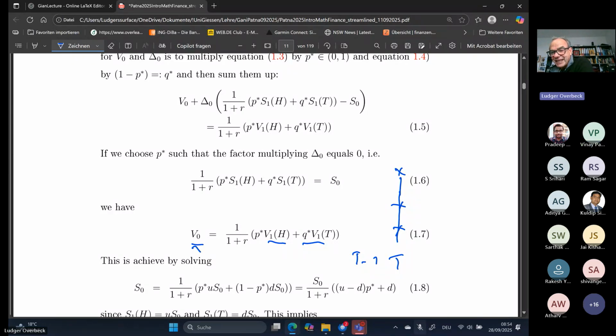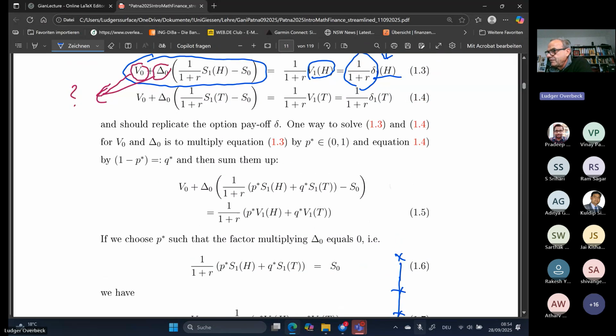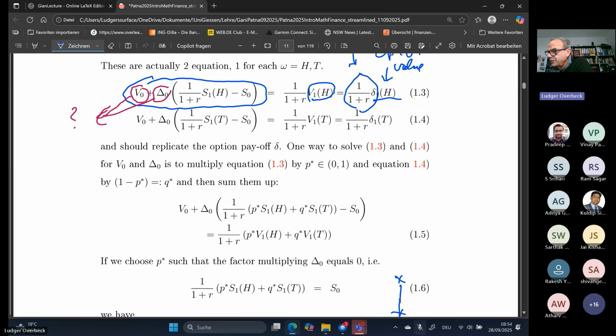Currently it's a kind of... I mean, we have seen it before in the example I showed you. Now we do it abstractly. We assume P star is an auxiliary variable we now introduce to solve this equation. We take the two equations we want to solve, and we take a P star between 0 and 1, to be determined later.